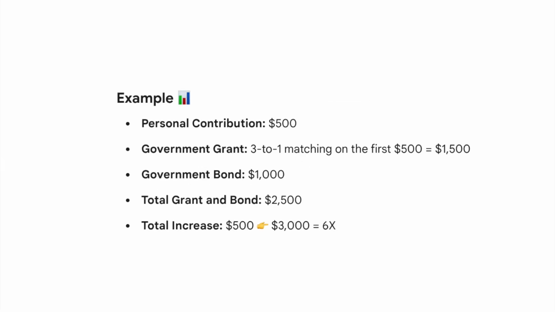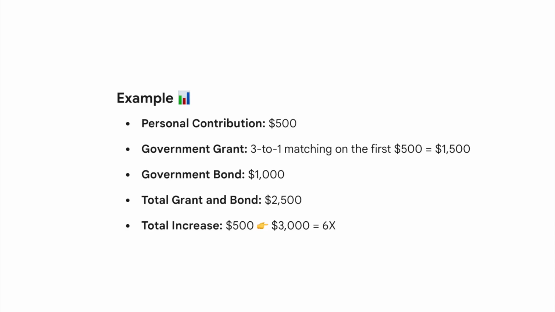Grants and bonds can be received in the same year. This means that a small personal contribution can trigger matching grants while bonds are added at the same time. For example, in 1 year you might contribute $500, receive $1,500 in grants, and also receive $1,000 in bonds. In that single year, the RDSP grows by 6 times in value to $3,000, even though only $500 came from you. The government offers these incentives because people with disabilities often face higher lifetime costs and fewer opportunities to build